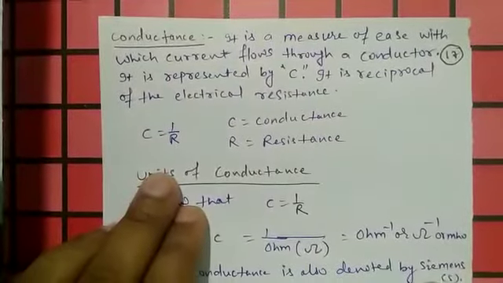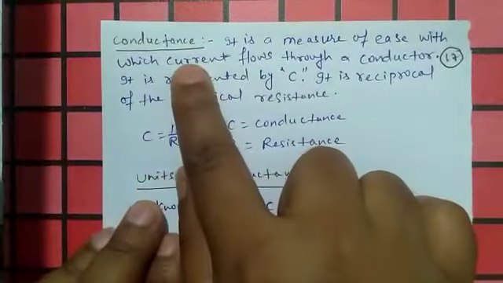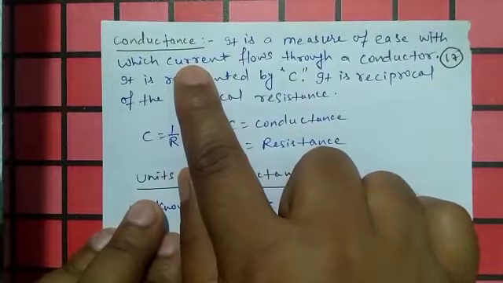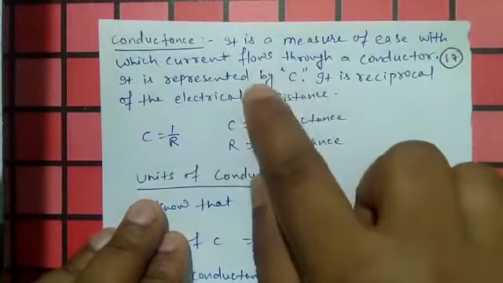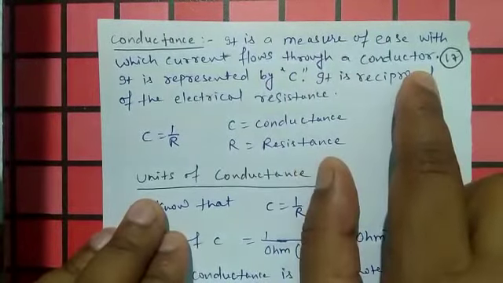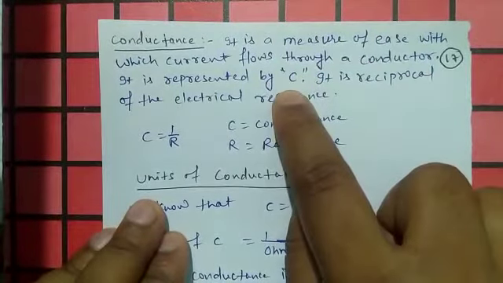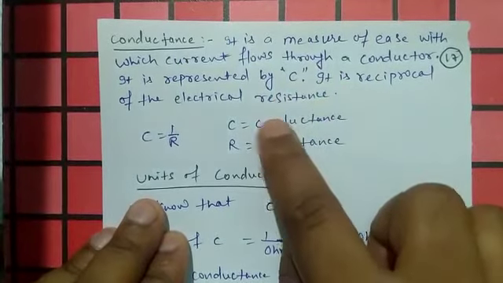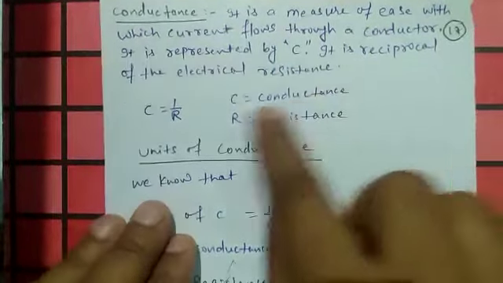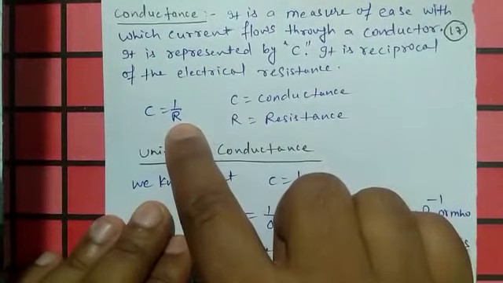Dear students, we are going to discuss conductance. What is conductance? It is a measure of the ease with which current flows through a conductor. It is represented by C. It is the reciprocal of the electrical resistance. If R is the resistance, then conductance is